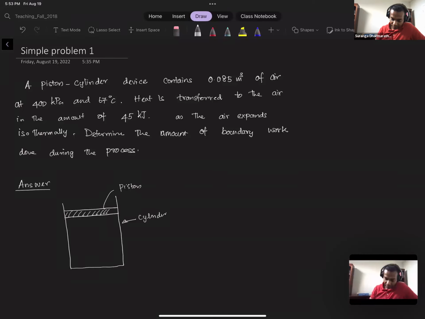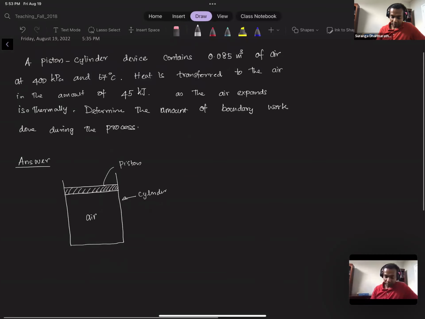And the air is contained inside. Air is here. And now, at the beginning, we say volume 1. So this is state 1. We name that as state 1, the first instant of the system. The states are defined by properties. So the properties that define this state are volume